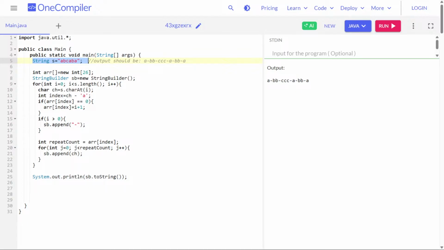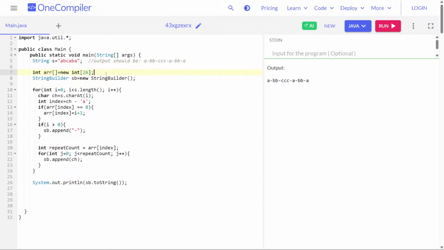Here we hard coded the value of a string S and create an array of length 26, because in English letters the size is 26, A to Z. And then we declare a